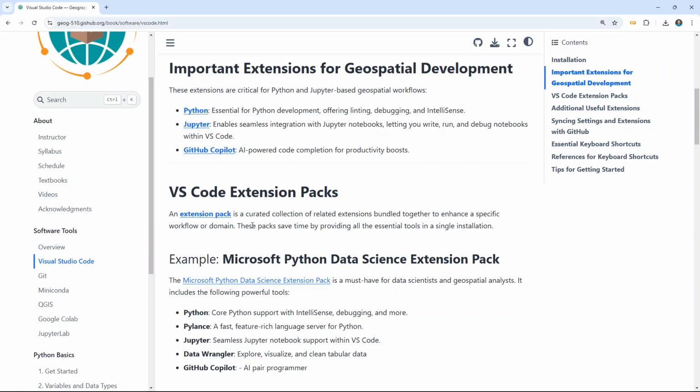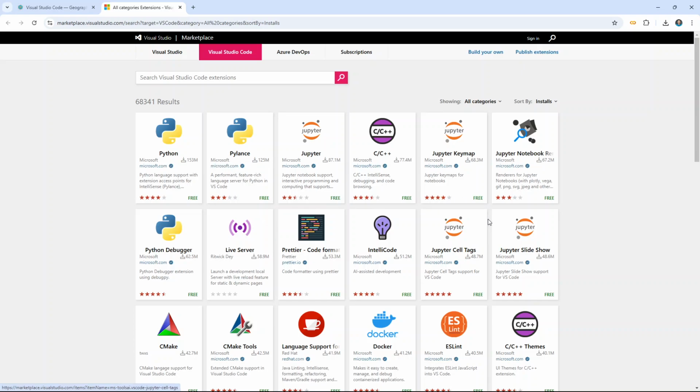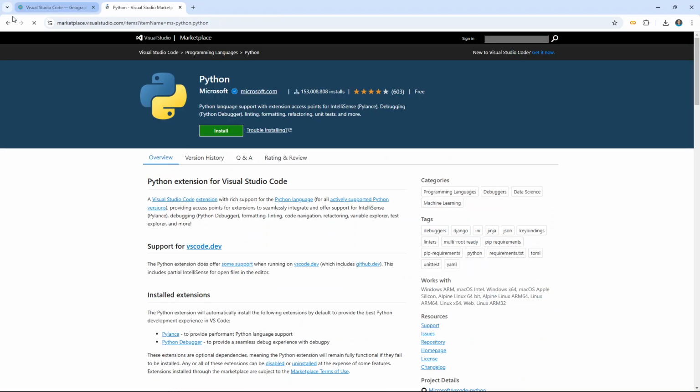I'm not sure if any of you have used, what's the social media called, Bluesky. No, not yet. Bluesky also has a pack that allows you to follow a lot of users at once, basically a one-stop shop. So I recommend you use the extension pack. If you open this one, it will take you to the Microsoft website. Here are some of the extension packs. For example, if you click the Python one, it is just the